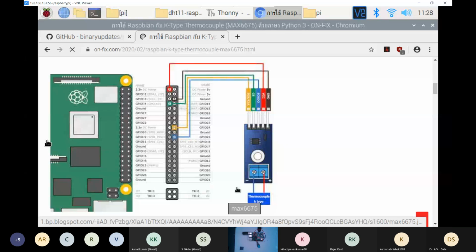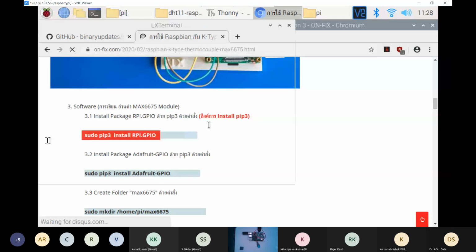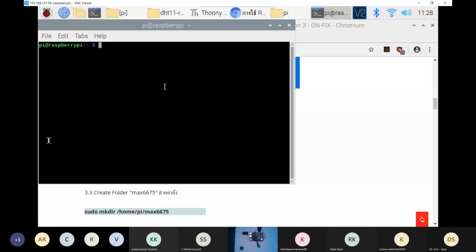So basically, we will have to do a couple of tasks before starting out on this. We'll have to install it with sudo pip3 install rpi.gpio. Basically, every Raspberry Pi has GPIOs, so we will not have to put it there. And as I told you in the previous session, if we are going to perform any task in Raspberry Pi, the terminal will be very essential for us, and we will have to do every task from here.